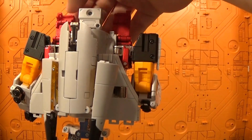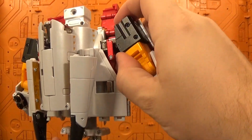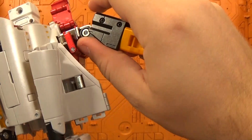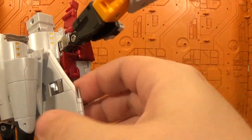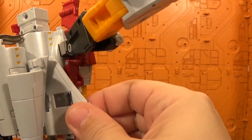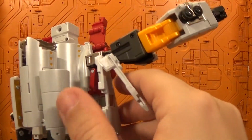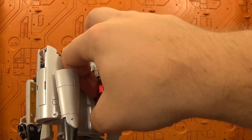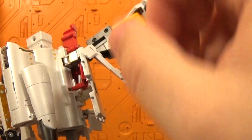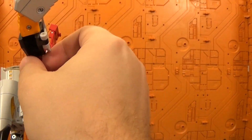They can come up. This one was already untabbed. And then you got this bit, pull the arm out, and then this bit flips down, and this piece comes out. And I'll try to move this wing out of the way. You can see where it pegs in right there on the side of the jet. And just unpeg that, flip that out,